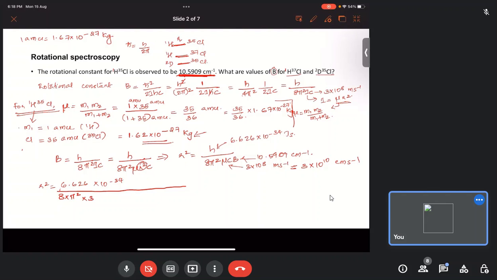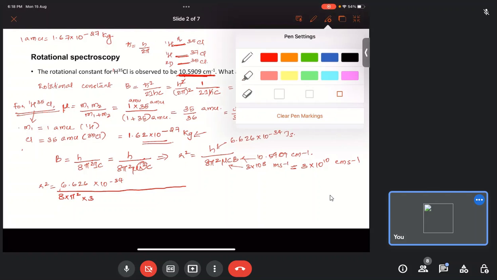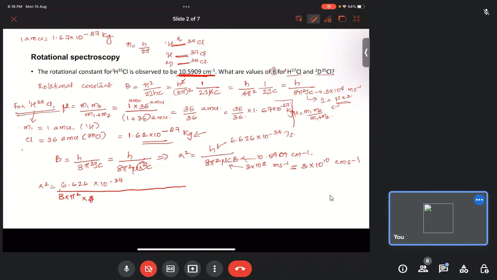Mu, okay sorry, mu we have calculated as 1.62 into 10 to the power minus 27, and c is 3 into 10 to the power 10,